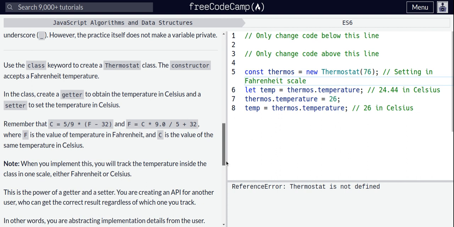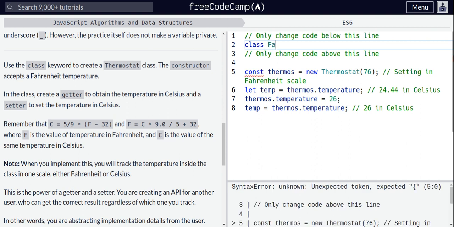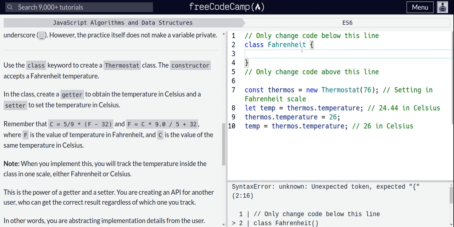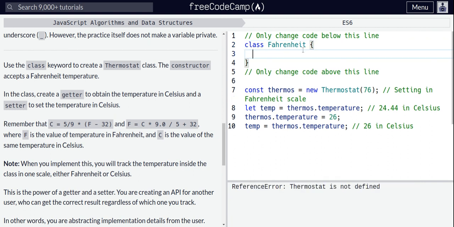Okay, so let's go ahead and create our class, starting with our class keyword. That's Fahrenheit. This is supposed to be N. Then I feel like I've gotten something mixed up. I'm not supposed to have this bracket. Alright, so then our constructor,